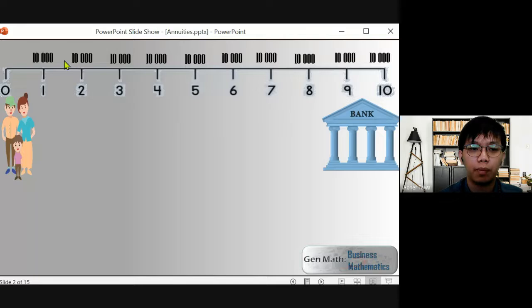Ayan. According to the educational plan, Mr. Kenneth will pay an amount of 10,000 pesos at the end of every year until Mr. Josh will be entering college. Okay, so ibig sabihin, it will be 10 years that Mr. Kenneth will pay an amount of 10,000 pesos every end of the year. Okay. So assuming that the bank offered them that their money grows at the interest rate of 4% compounded annually. Ibig sabihin yung every 10,000 na sinasave nila, nag-grow ng 4% interest compounded annually.